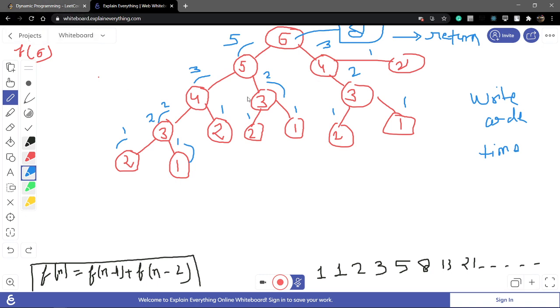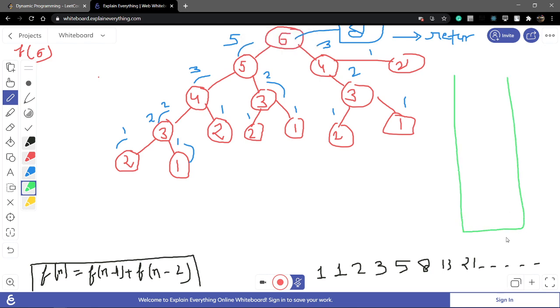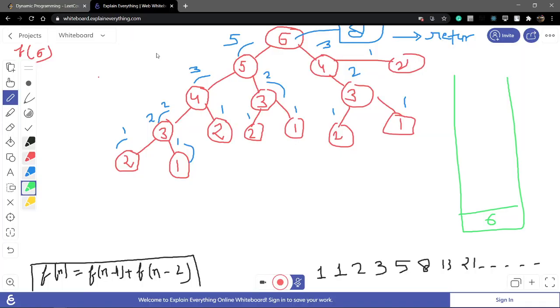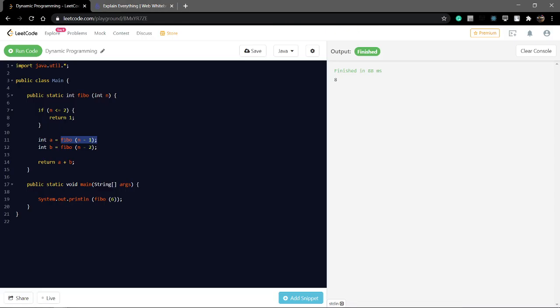After that, we make a stack to understand properly. We have started from the 6th element, we call the function with 6. Now for 6, there is no base condition, so firstly they call the function with n minus 1, so they call the fifth element, then the 4th element, the third element, the second element. After they reach the second element, this condition is true. If the condition is true, they return 1.